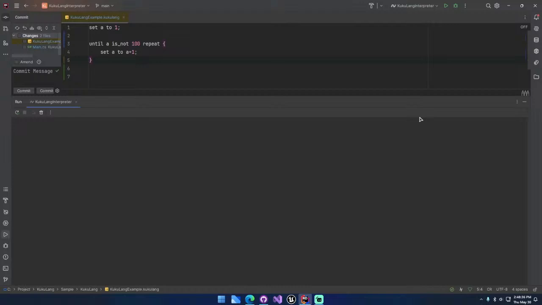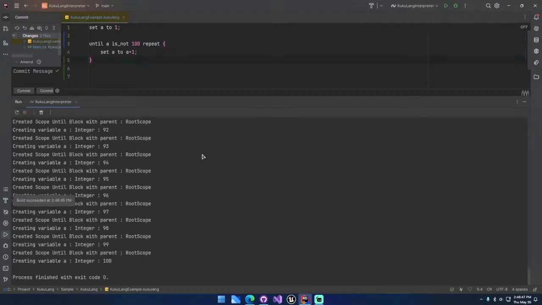Keep on looping until the value of A is set to 100, okay? And then inside the loop, every iteration we are going to increment the value of A by 1. So what if I